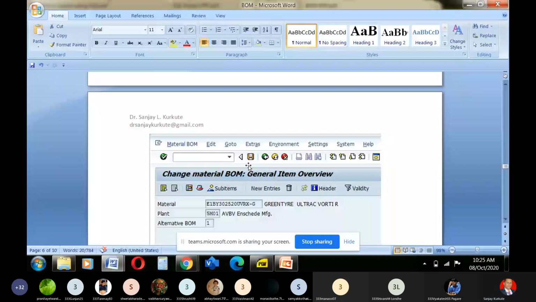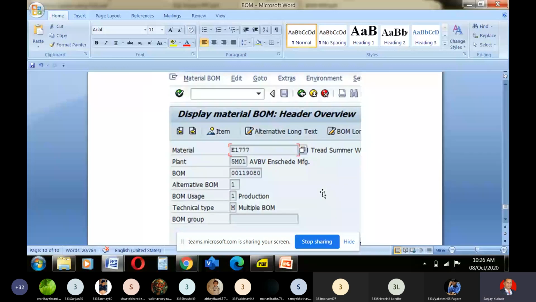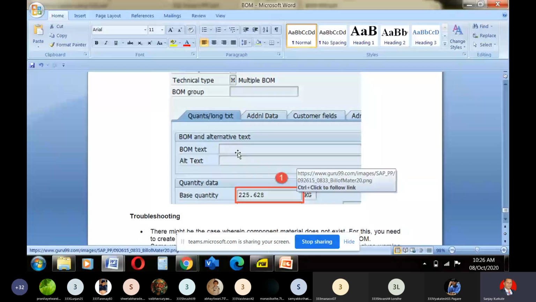Then what is next? That is the bill of material header overview. See this, the bill of material text, whatever you want to write, you can put here. Then quantity is there. You may go for creation of the header file. So likewise you may go for doing the creation of a bill of material. Okay, now